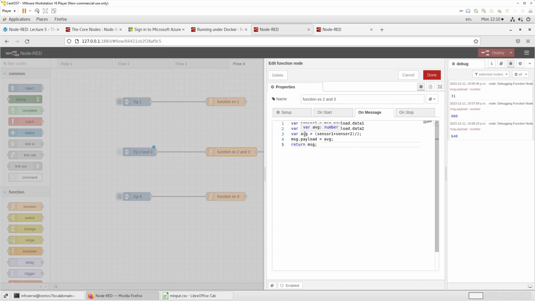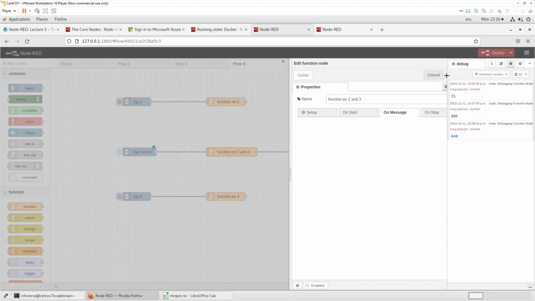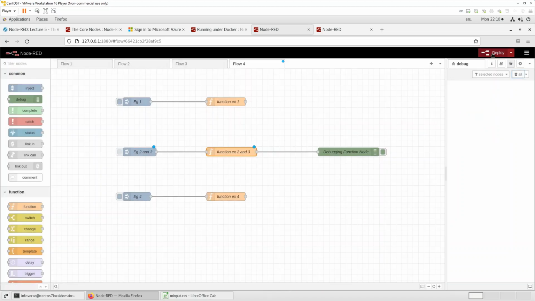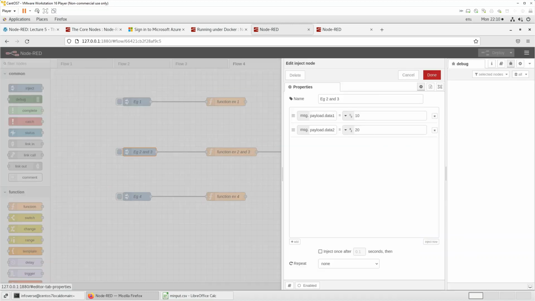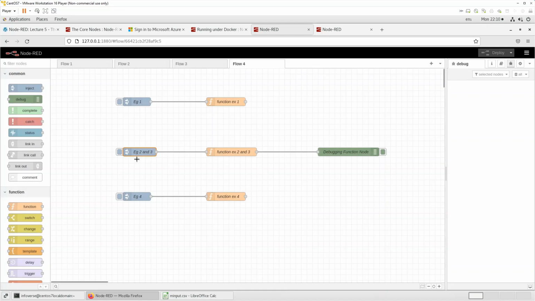And then we have the average, which is equal to sensor1 plus sensor2 divided by 2, the average of two readings. Then the second last line, msg.payload, we assign it the value of average that we get here, and then we return that value as part of the function. So let's save that. Let's clear this and redeploy. Okay, so we are entering 10 and 20, so the expected average should be 15. Let's run that,